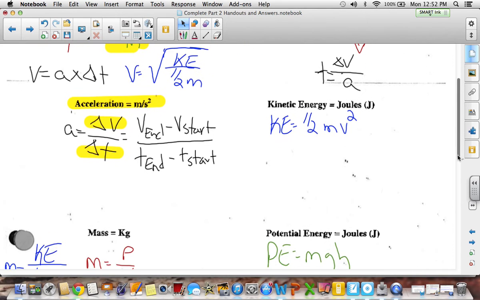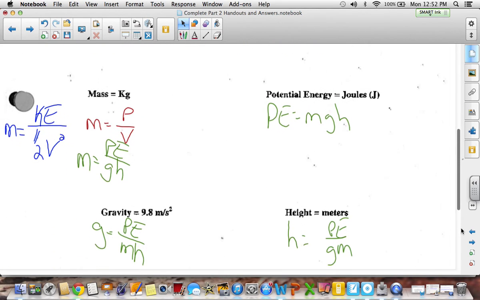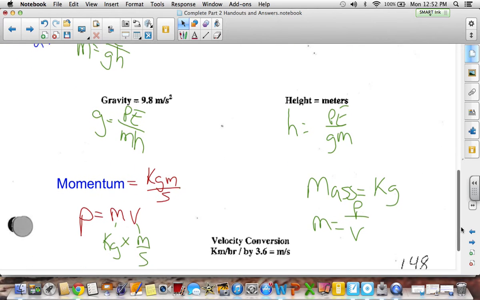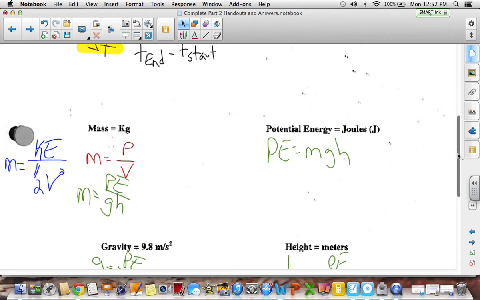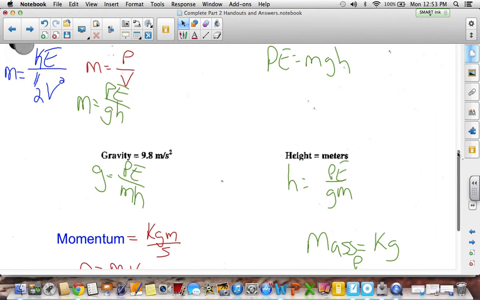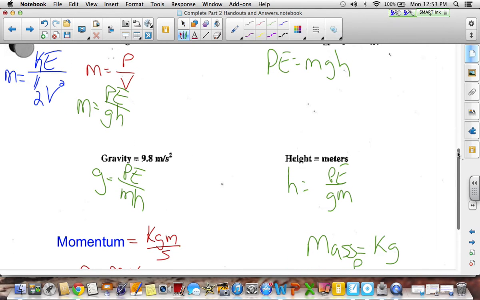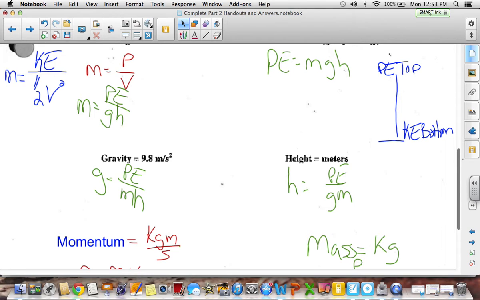So the other thing to think about in this whole thing, which I think is probably the most important part of this whole concept of potential and kinetic energy, is this. What we've got here is the PE at the top is going to be the same thing as the KE at the bottom. And that's going to be an important concept, so that when you transfer the potential energy into kinetic energy, you can think of it as a system that would go from 0